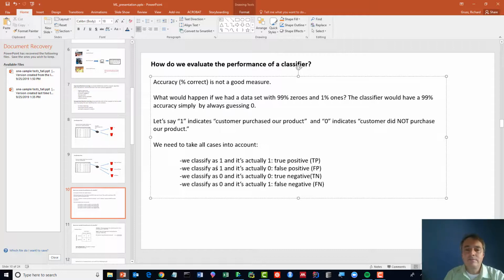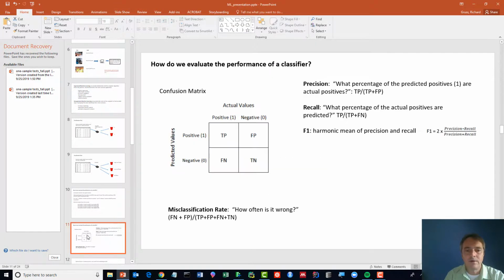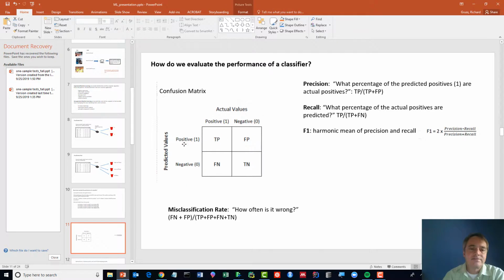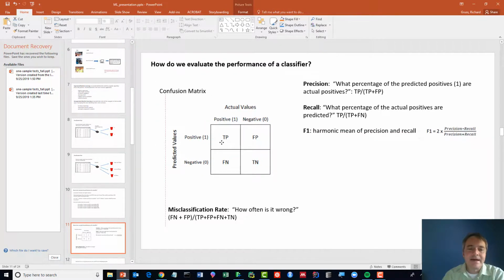So we have a nice visual way of consolidating these 4 cases into one chart, and this is called the confusion matrix. We'll see some of these in action in a minute when we start to actually make these classifiers. The confusion matrix summarizes the results on one axis, and I've sometimes seen these axes reversed, so be aware of where they put the predicted and where they put the actual. In this case, we put what our classifier predicted would be the outcome for this particular row,